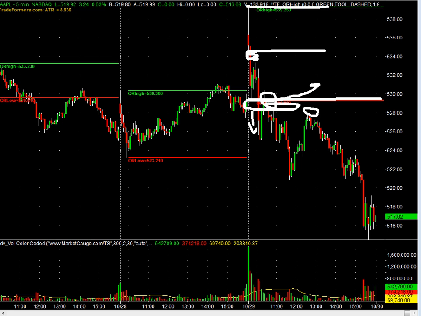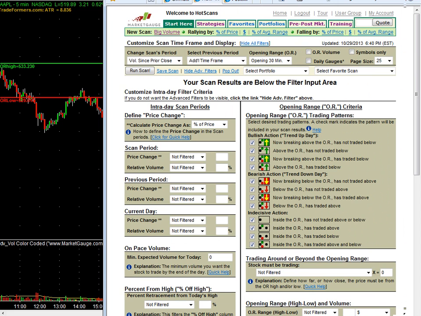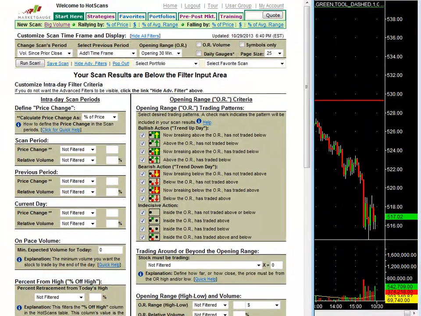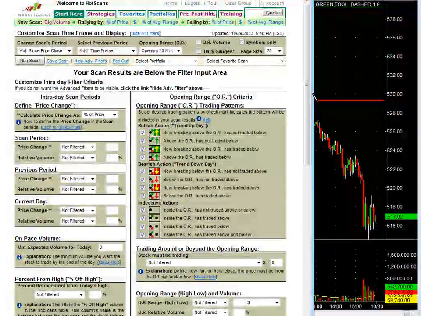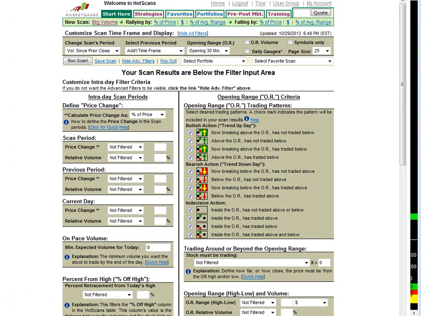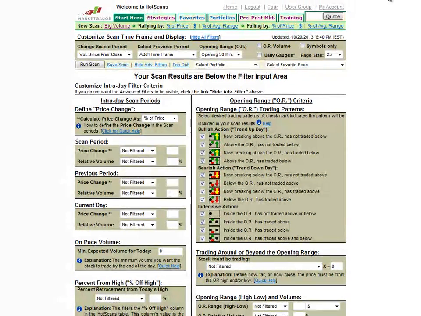and by the end of the day, could have been telling you something much worse. So before I end, let me pull in the hot scans view that I talked about earlier. What I did with hot scans was I wanted to see whether or not there were other stocks that had a similar pattern. The overall markets yesterday were either bullish or mixed, depending on the index. So I wouldn't have expected a whole lot of key reversals. And in fact, we didn't get a whole lot of key reversals.